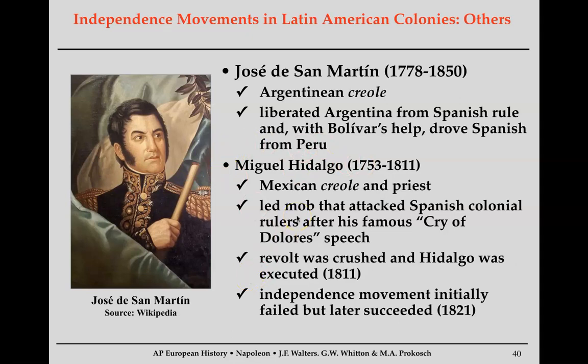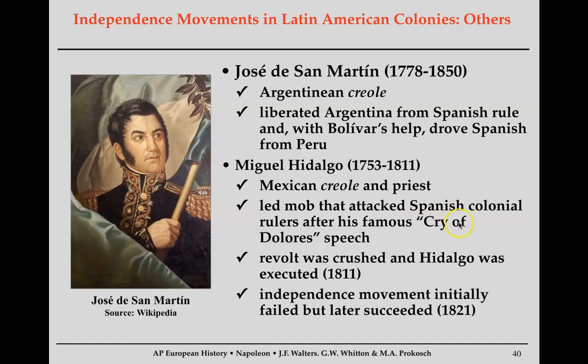Miguel Hidalgo. So Hidalgo is kind of interesting because, yes, he was a Creole, but he was actually a priest. And think of the context there. Being a priest, he's just a priest. We're not talking bishop. We're not talking cardinal. Just a lowly priest. And he really saw the suffering of the Mexican people from the Spanish. So what he will do is he will essentially organize the nationalistic forces against the Spanish.